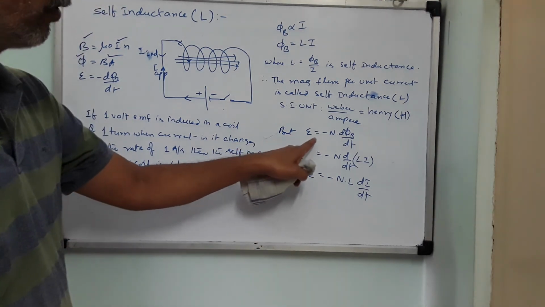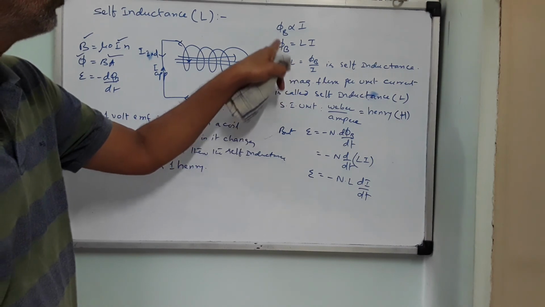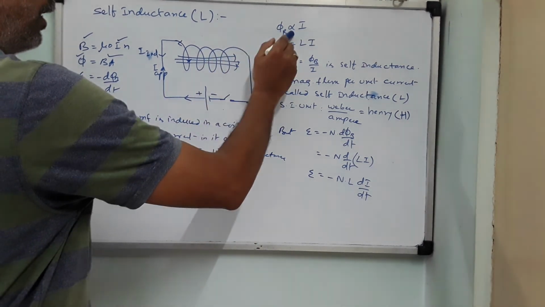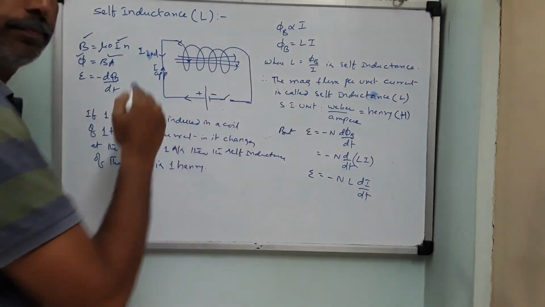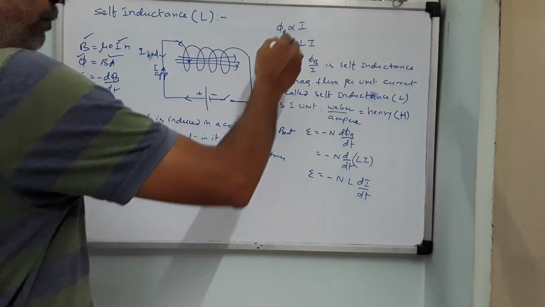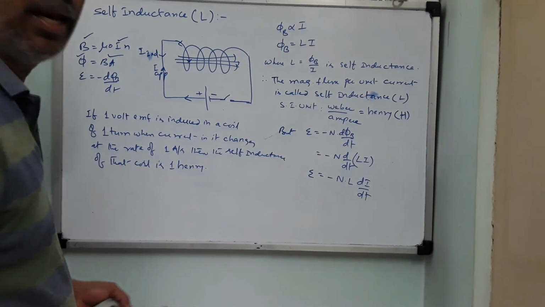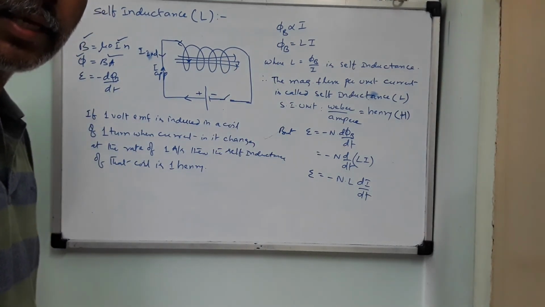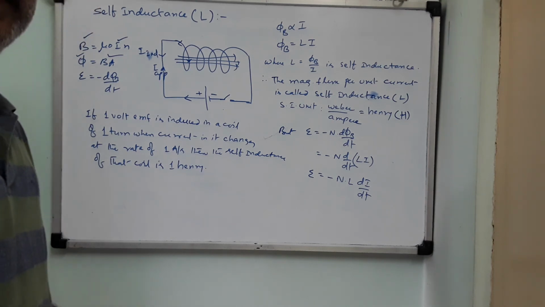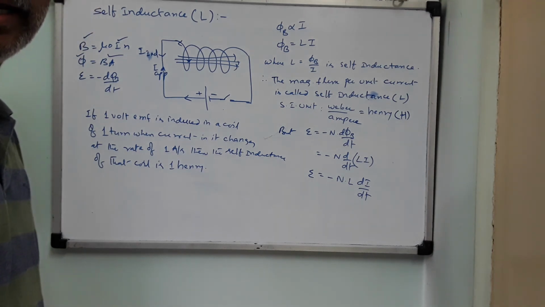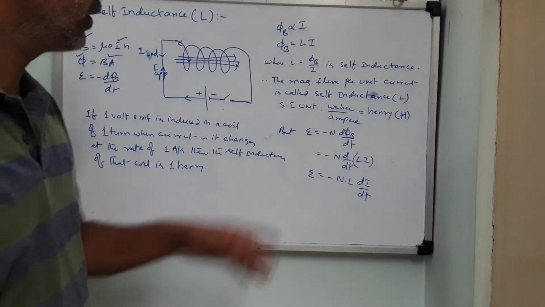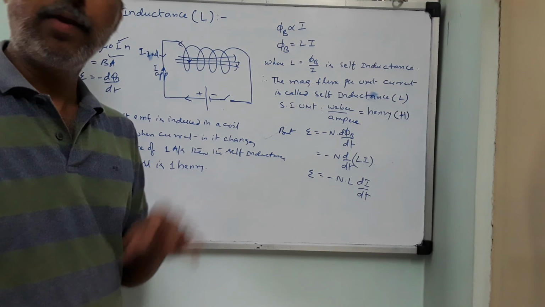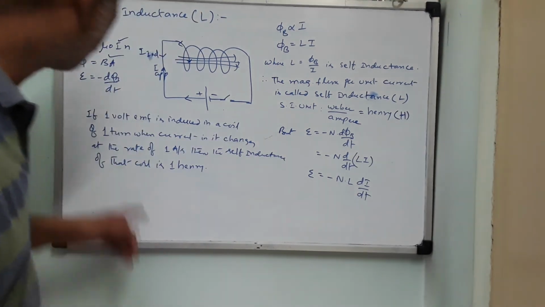This is the old equation only, children. The magnetic flux linked with a coil is directly proportional to the current flowing in it. So that proportionality is removed with a constant L, where L is known as self-inductance. Defining self-inductance is different; defining the SI unit of self-inductance is different. Define self-inductance means you can say magnetic flux per unit current is known as self-inductance. Define the SI unit of self-inductance means this one.